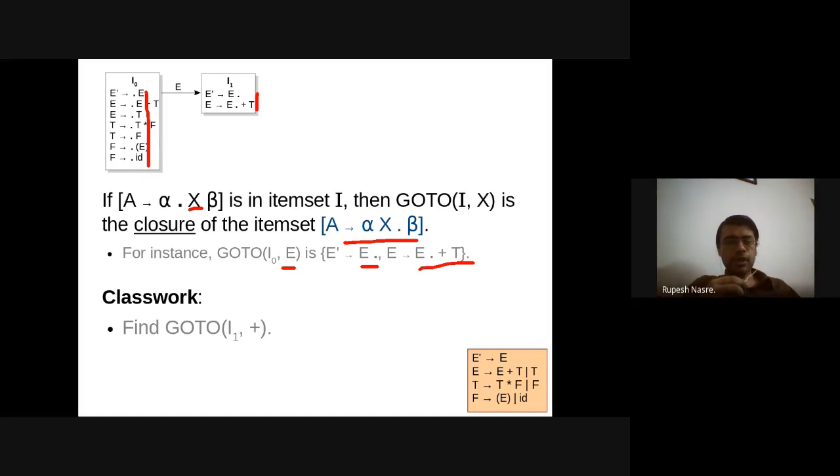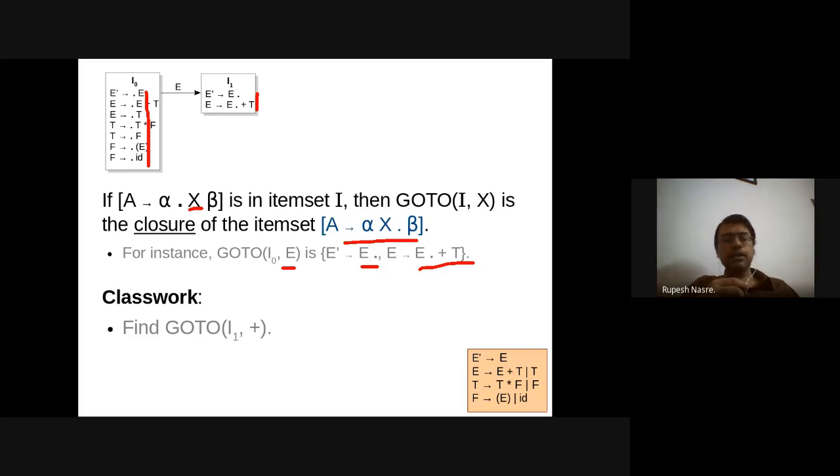Okay, so E prime deriving E dot, E deriving E plus dot, that doesn't seem to be correct. Then why do we consider transitions with non-terminals?